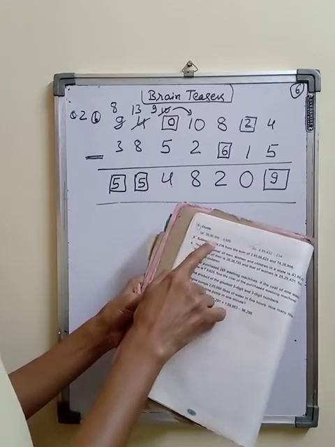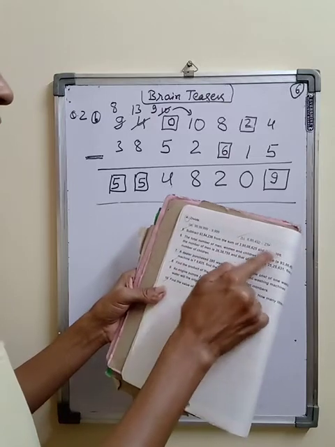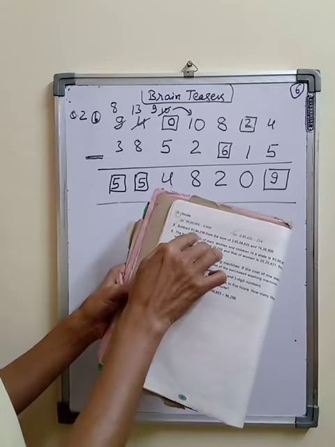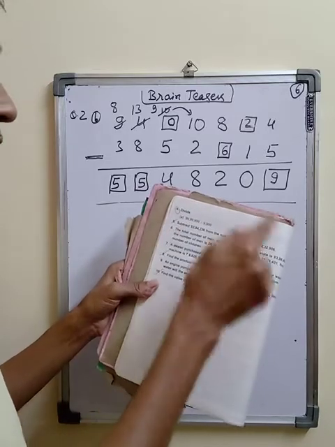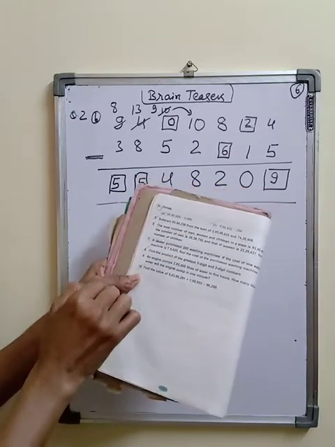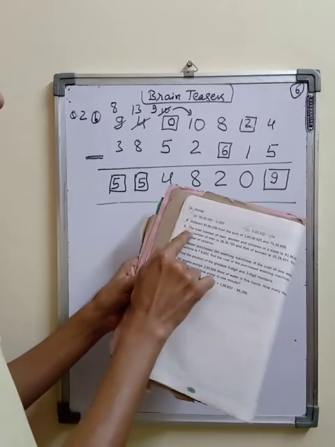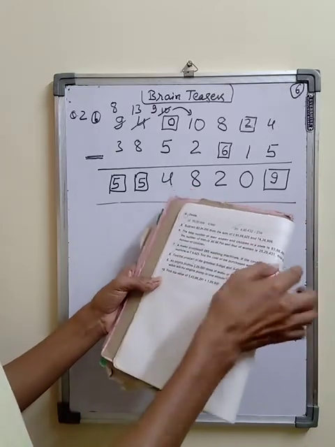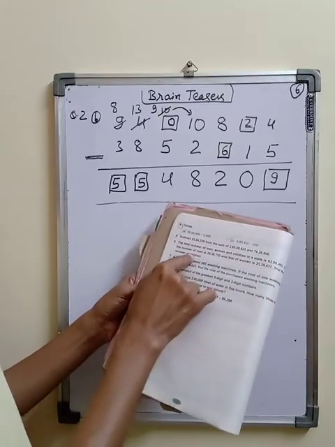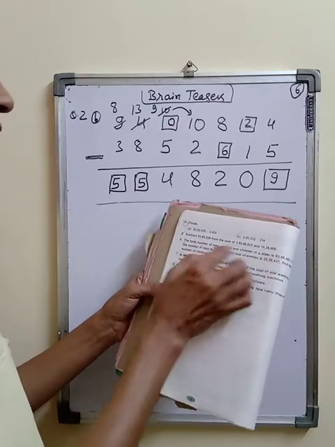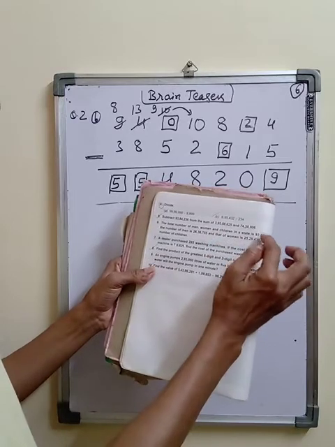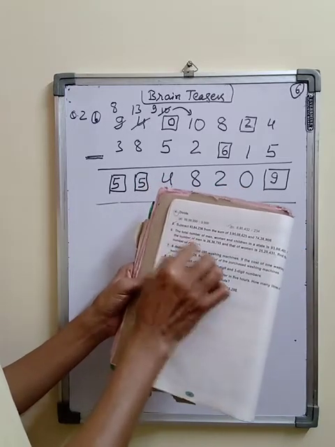Question number 5, subtract this from the sum of this and this, means this and this you will add and then you will subtract this. This will be subtracted from the sum of this, means these two you add and from the result you subtract this one. Question number 6, the total number of men, women and children in the state is given. The number of men is this and that of women is this. Find the number of children. So first of all you add the number of men and women, and the sum of these two you subtract from the total population. The rest will be the number of children.